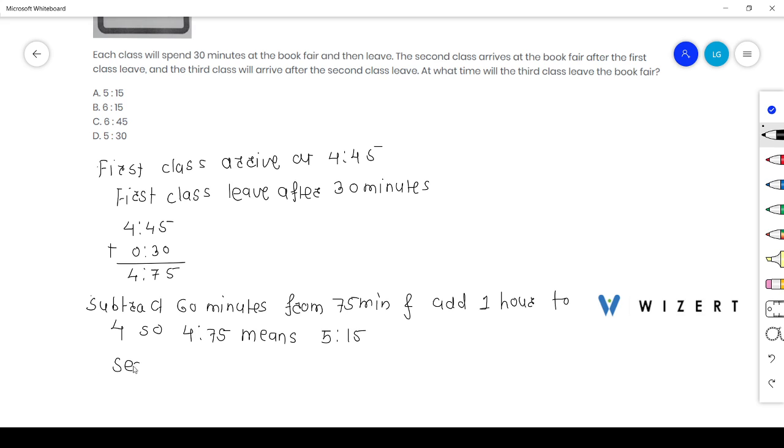So when the first class leaves, the second class arrives, that is, the second class will arrive at 5:15. Now the leaving time will be after 30 minutes, meaning the second class